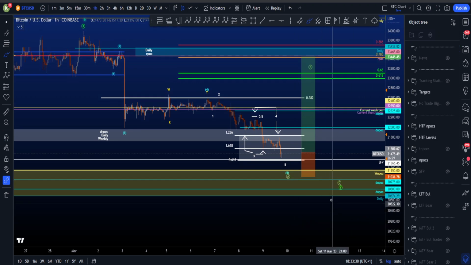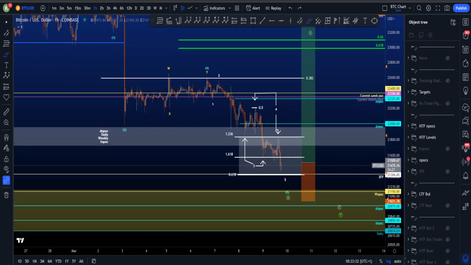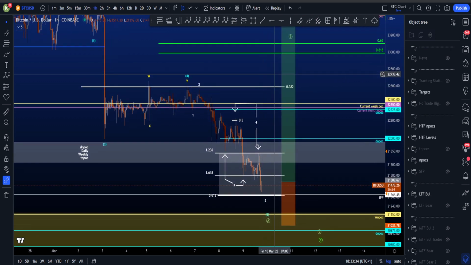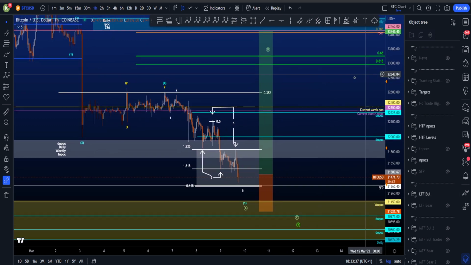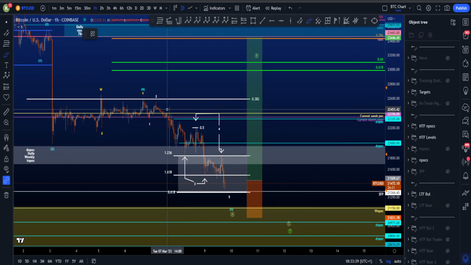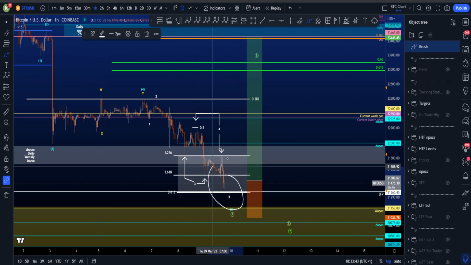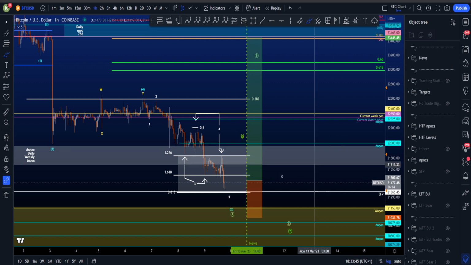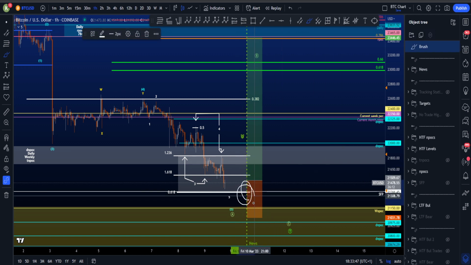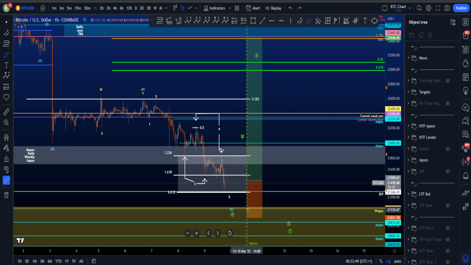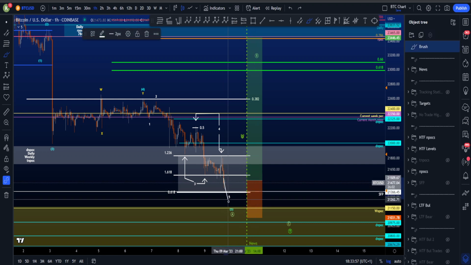If not, I'm afraid that price can just move to the downside, and we're going to see a lot more bearish price action still to come. So on the lower time frame, what I'm looking for at the moment in this more bullish scenario is wave 5 to end somewhere soon, maybe tomorrow, because tomorrow we have some news as well at about 2:30 Central East European time, and that could be a very nice moment to maybe hit the low or grab the low, then a wave 1, 2,